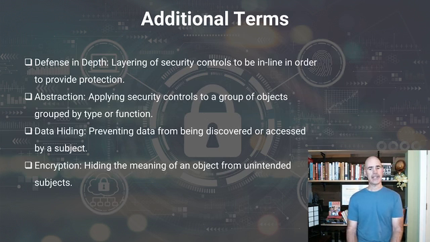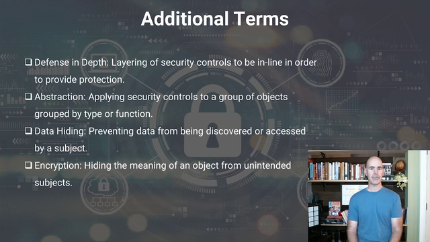Last couple terms here, defense in depth. So this concept is really about layering in different parts of security to provide a broader and more robust security around what we're trying to protect. So the very common way of thinking about defense in depth is the castle. You have walls, you have a moat, you have gates, you have archers and things like that. And so the goal there is that you're not relying on one system to provide protection. You're relying on all those different aspects of the system working together to be able to provide a more robust